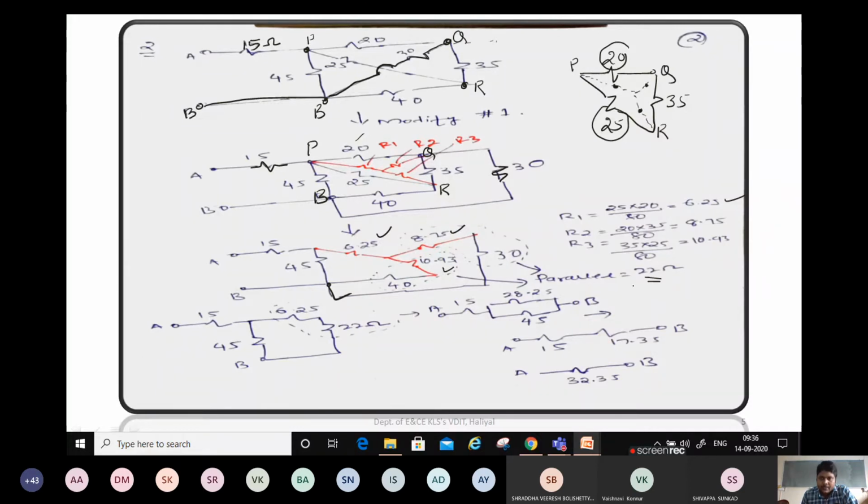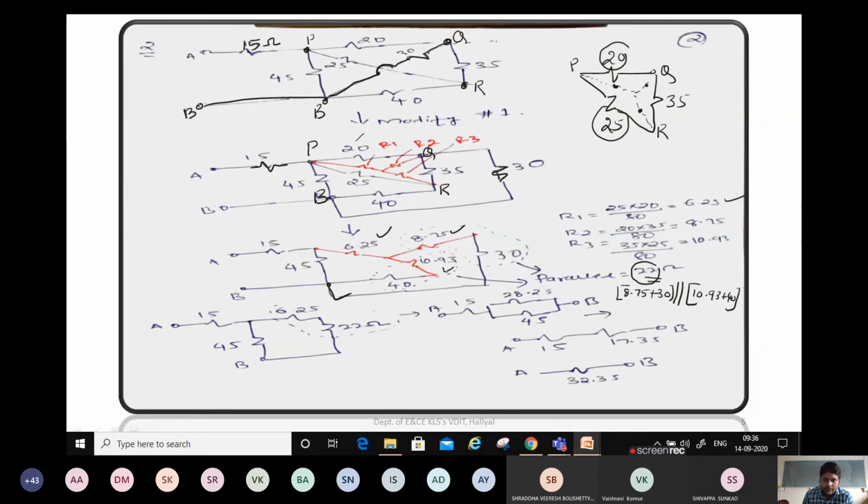So this 22 ohm is nothing but the equivalent value of, we have two series resistors 8.75 plus 30, but this combination is in parallel with 10.93 and 40. 10.93 plus 40. So if you take the parallel of these two things, you will get 22